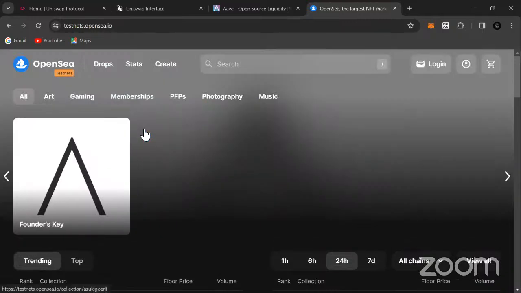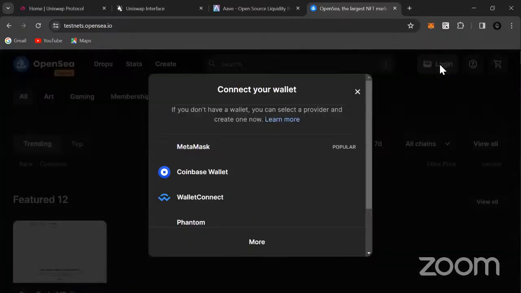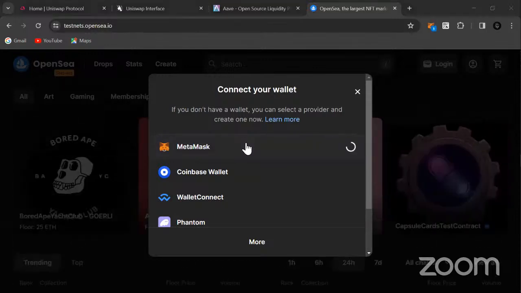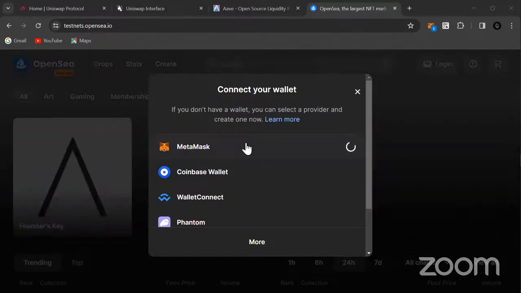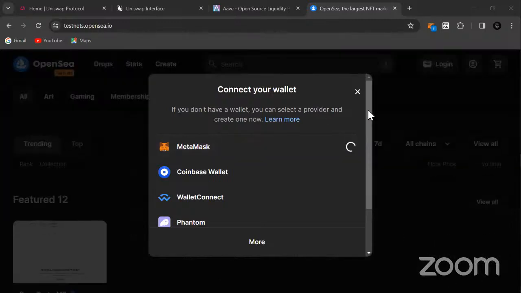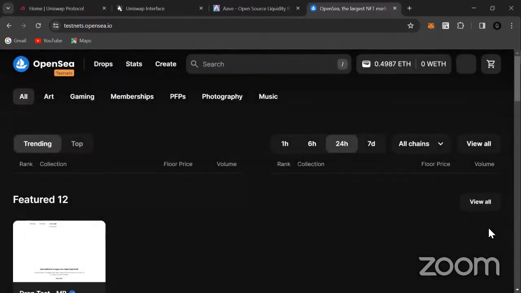So it's pretty easy. First, you just have to log in. By logging in, of course, you have to connect your wallet, because on the blockchain they don't really need to get your personal information. That's the privacy we talked about. On the blockchain, nobody wants to know your information. They're dealing with your wallet. As long as you have the private key to your wallet, they believe that, of course, the transaction is authentic, right? So, yeah.